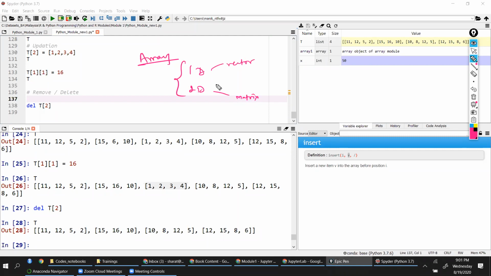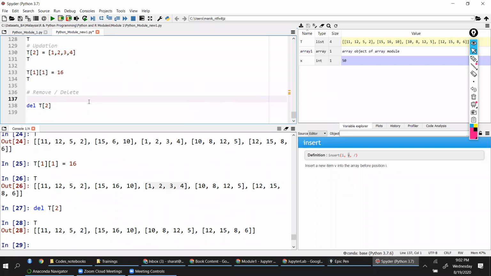And the common functionalities are inserting and then updating. These are the two common ways to do it. Then we have delete and remove. These are two different things. For a two-dimensional array, you have to mention two square brackets if you have to refer to a single specific value. So that's basically how you are going to remove content from a two-dimensional array. All right.